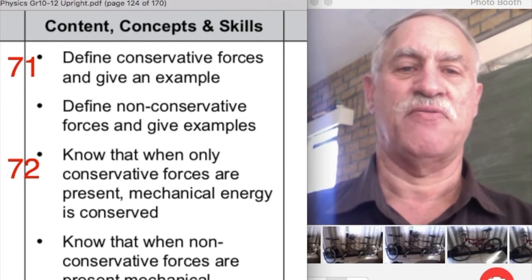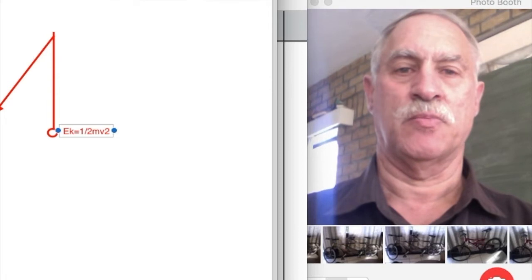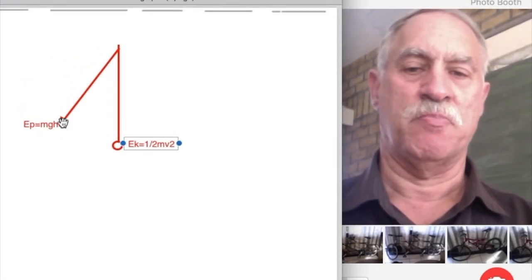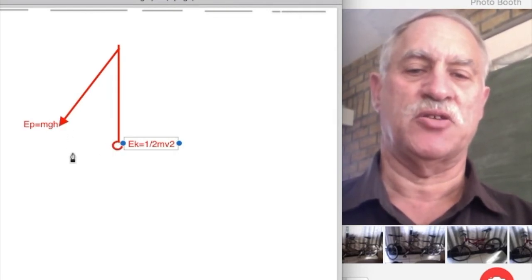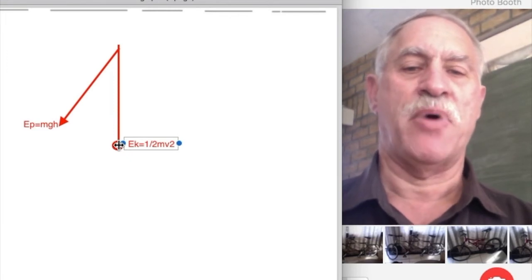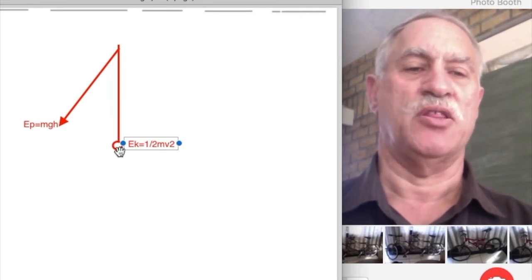Now let's have a look at, for example, here would be a pendulum. There might be point A, there might be point B. Now, if it doesn't matter how you get from point A to point B, let's imagine this is you moving, the force is moving, and eventually you end up there, then that would be an example of a conservative force. But if it matters that you go the route that you travel in getting from point A to point B, then that would be a